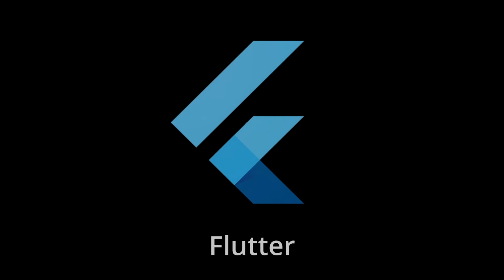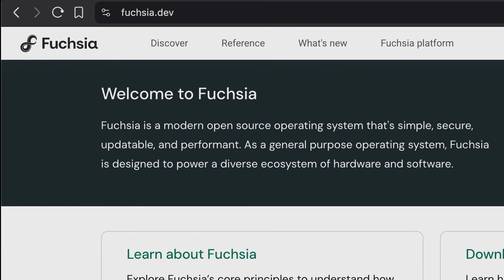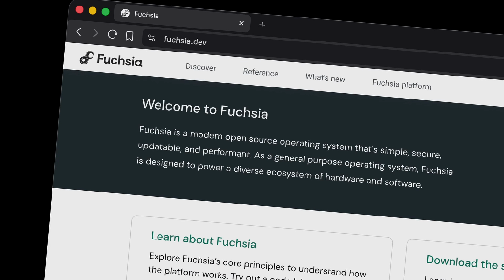The final framework I'm going to be testing is Flutter. Flutter was created in 2017 by Google to make cross-platform app development easier. It uses its own custom programming language called Dart, which is largely inspired by both Java and JavaScript. One of Google's original strategic goals with Flutter was to make app development simpler for their unreleased Fuchsia operating system. But these days, I'm not sure Fuchsia is such a priority for Google.